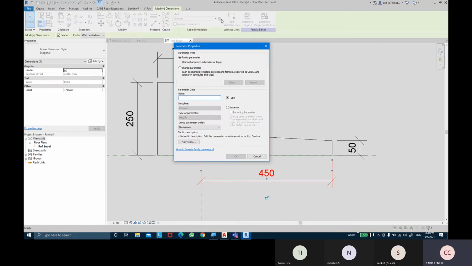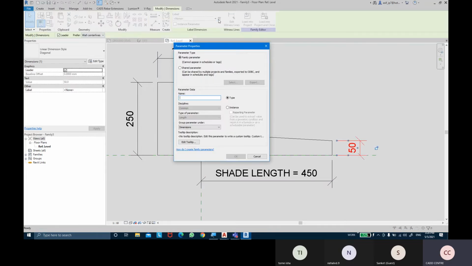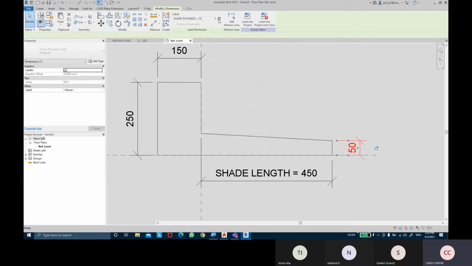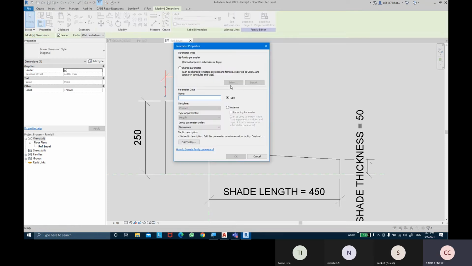Label this as your shade length. It's going to be your shade thickness. This can be your length and thickness.